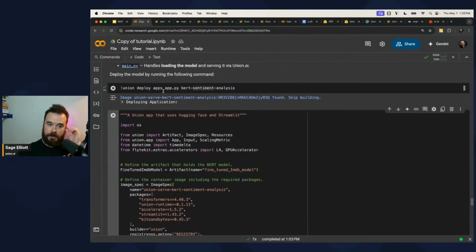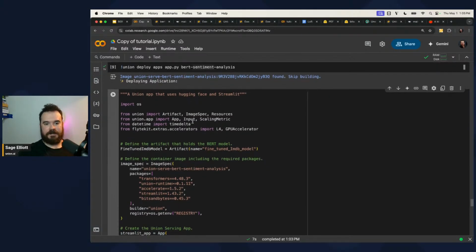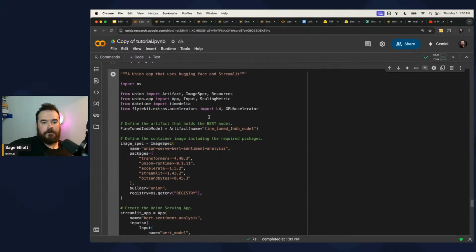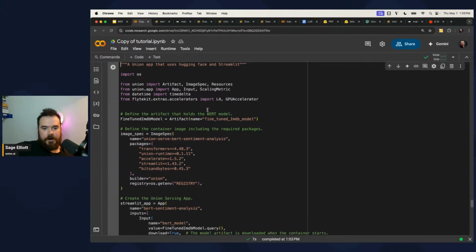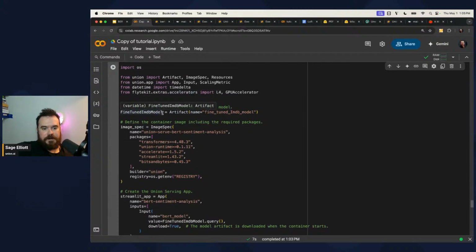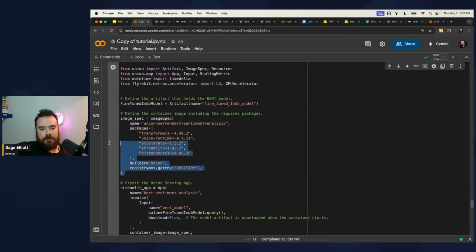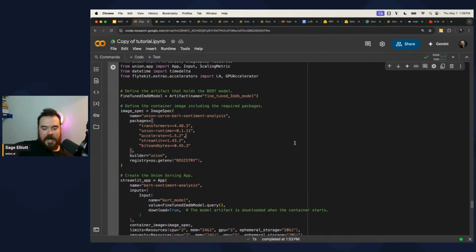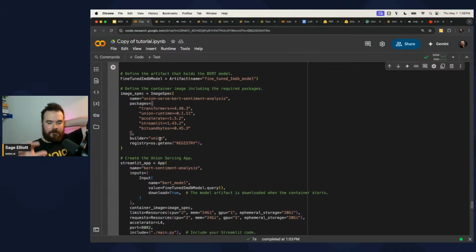All right, so in here, we're basically looking at this app.py. And this is the code for app.py. I forgot to put it as a line at the top here. Inside app.py, we're importing some libraries from Union, just like we did before. This should look familiar, except we're just throwing the image spec directly into this file. Again, you could break this up any way you want as Python files. I often like to have a containers.py, define my images in there, and then bring those in just for organization. But in this case, we have our image spec in one file for our app